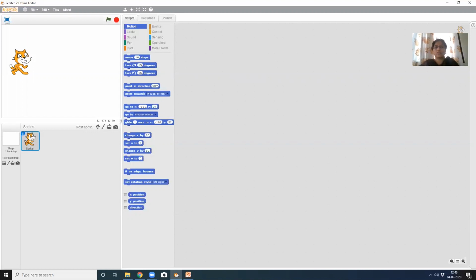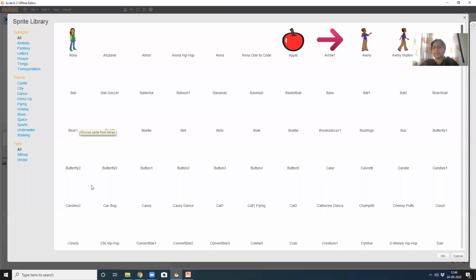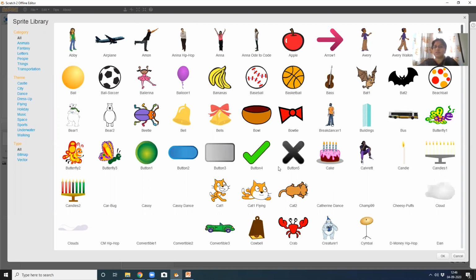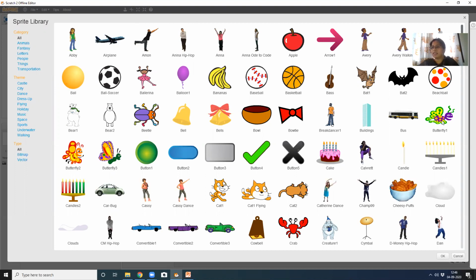And the last time I took it as a girl, right? So you can change it. From where can you change it? You can see here new sprite, right? Beside that, we have something called choose sprite from the library. When you click on this, you see this window appears. You can take any choice of yours. Whichever sprite you want, you can take it: butterfly, building, bat, basketball, or anything the way you want it. Let me go with the cat itself. Let me close it. To close it, click on the cross button over here.